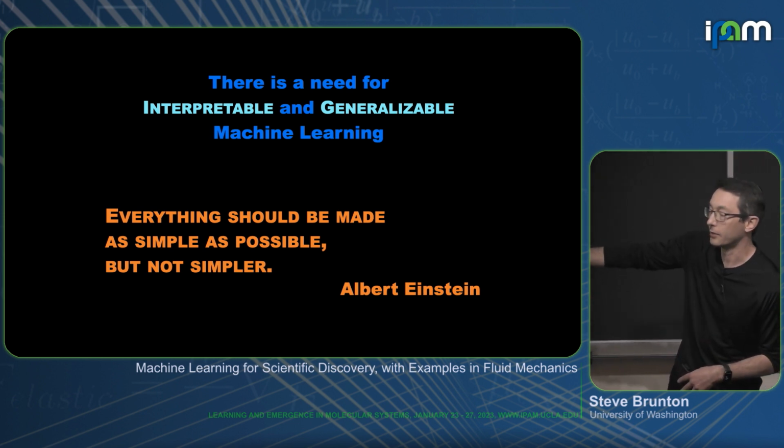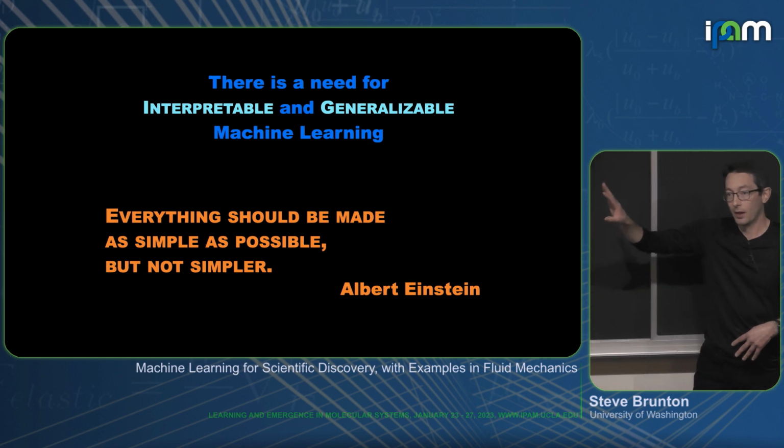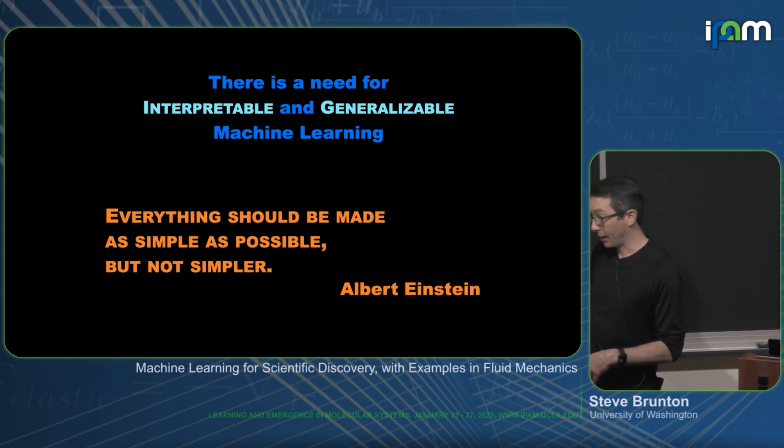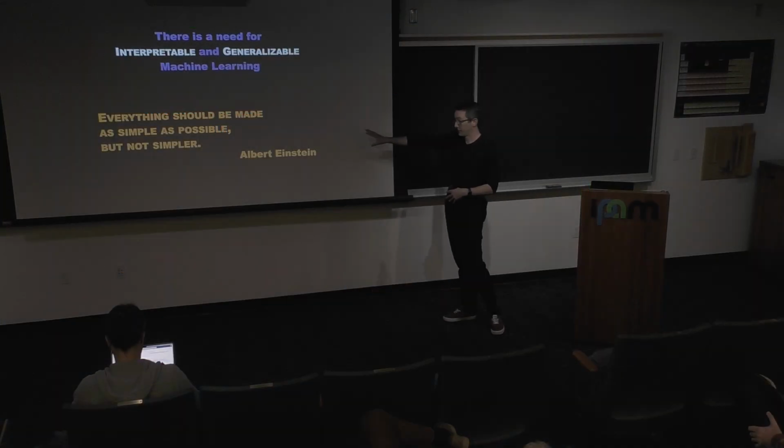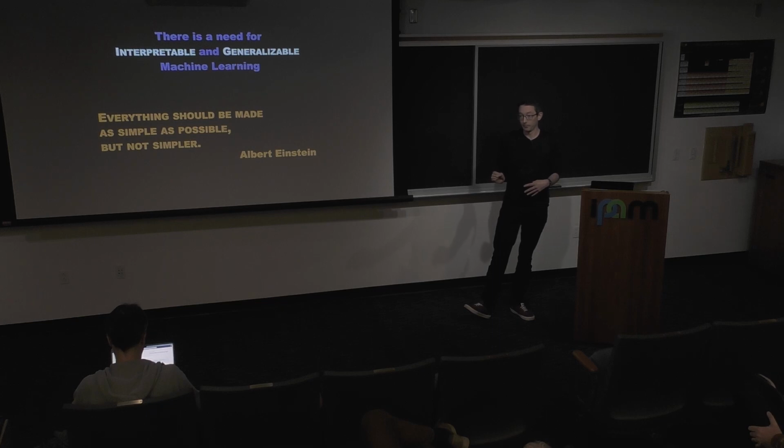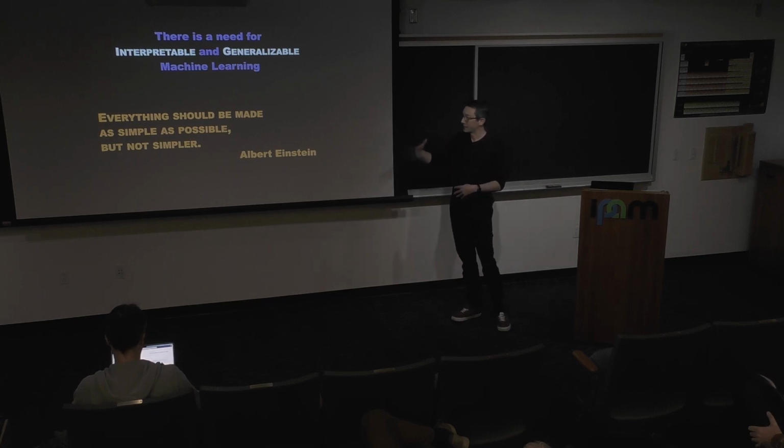So the gold standard of what makes a model generalizable and physical, and this is from Aristotle to Einstein, for two millennia in physics, is to find the model that's as simple as possible, but no simpler. That's Occam's razor, that's the Pareto optimality, that's the principle of parsimony. You want the simplest model possible, but no simpler. And that has been the gold standard for what is physical, what models are likely to generalize beyond where they were trained.